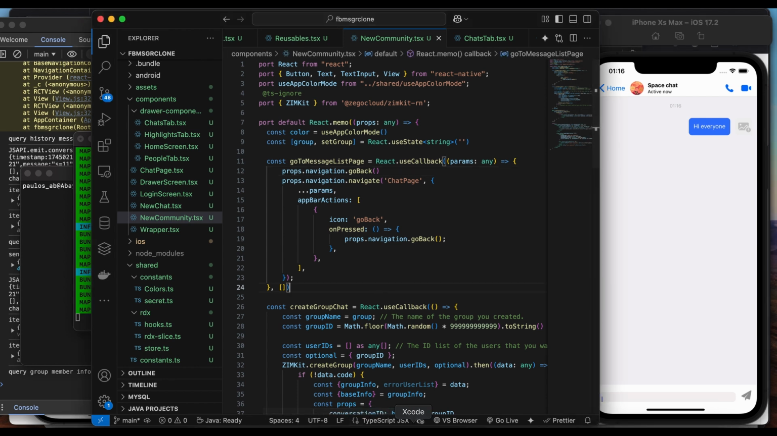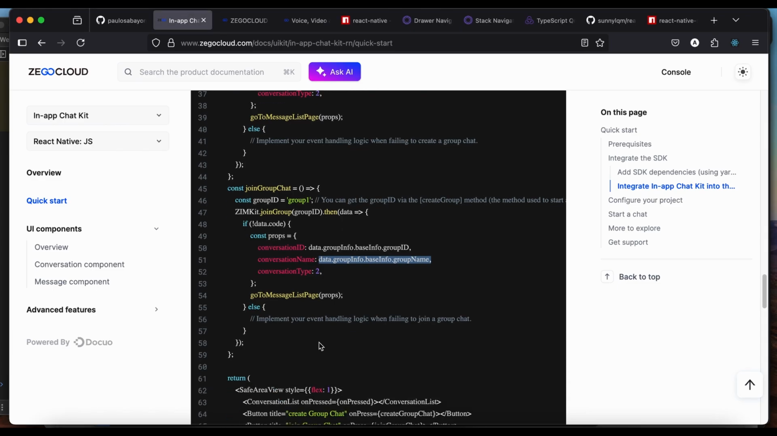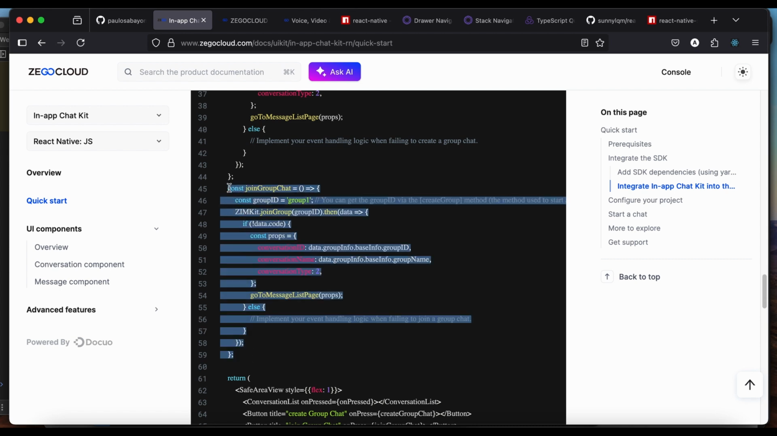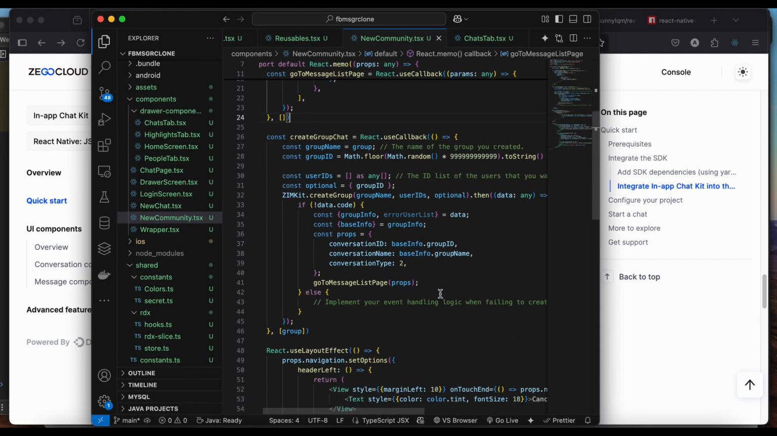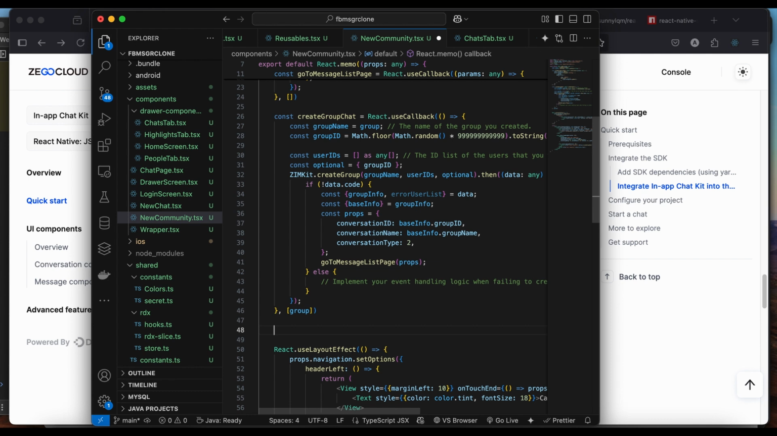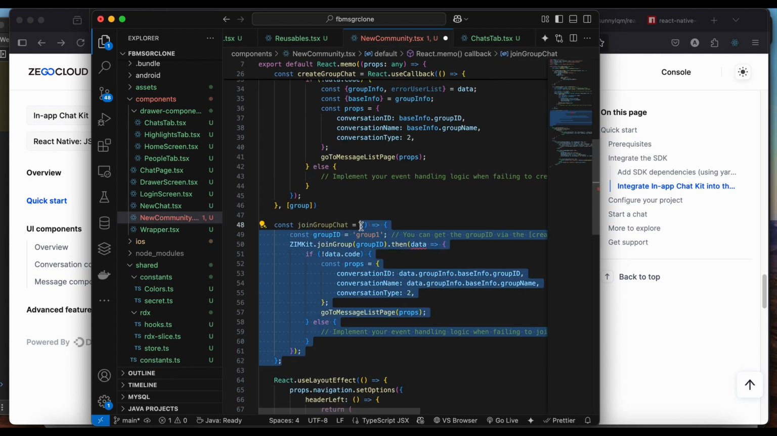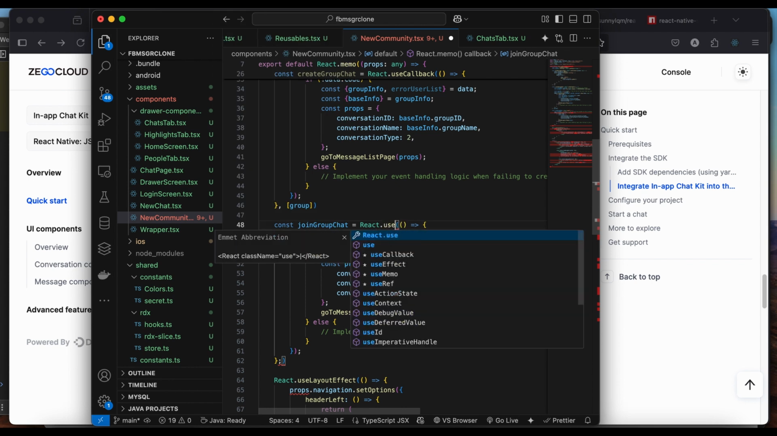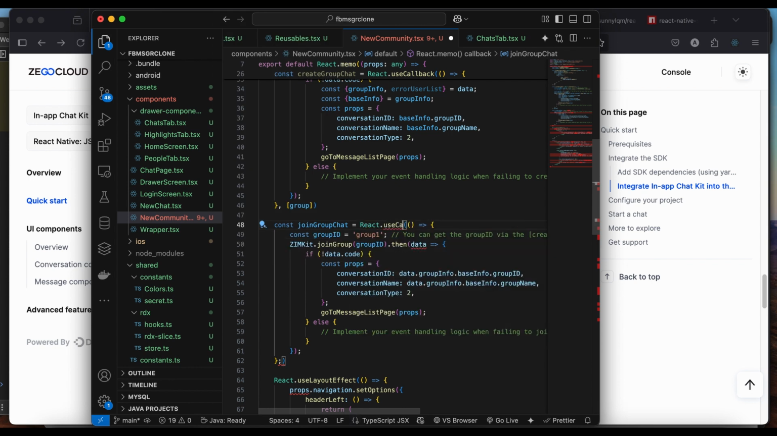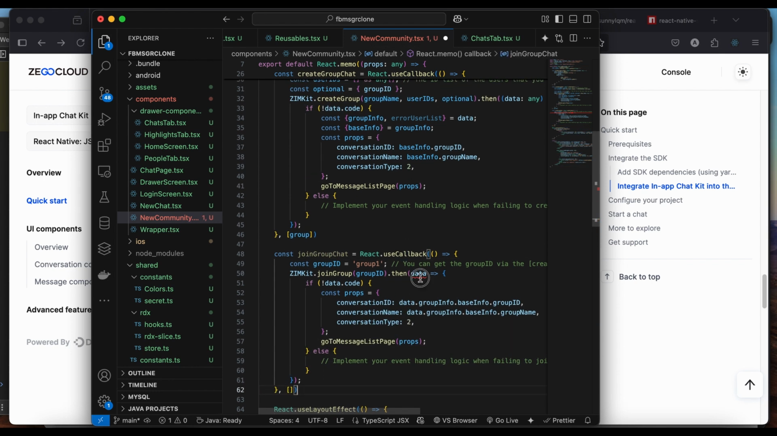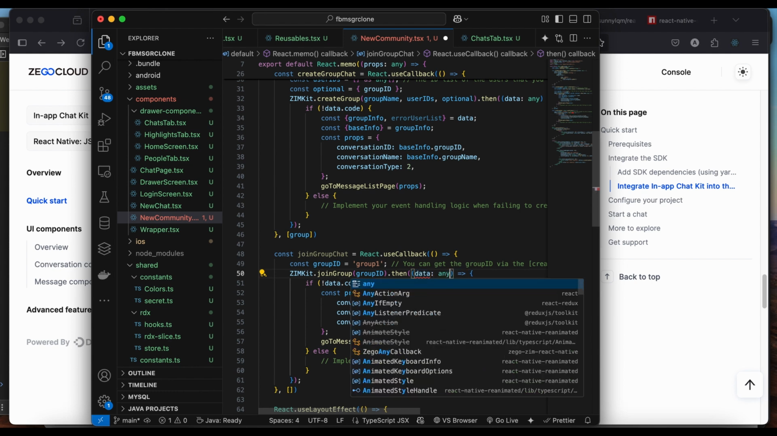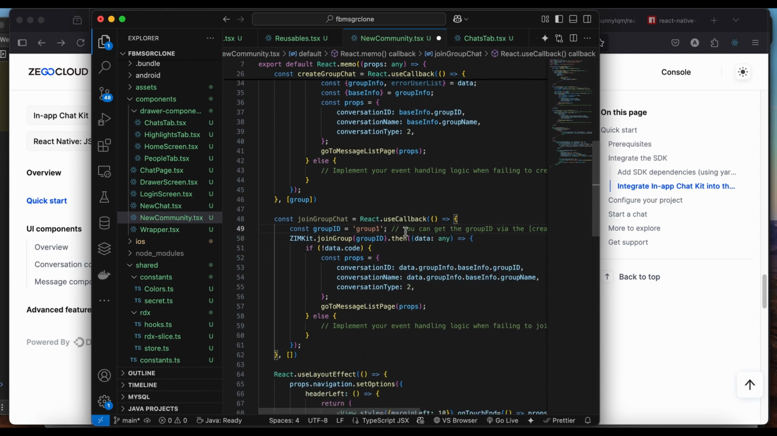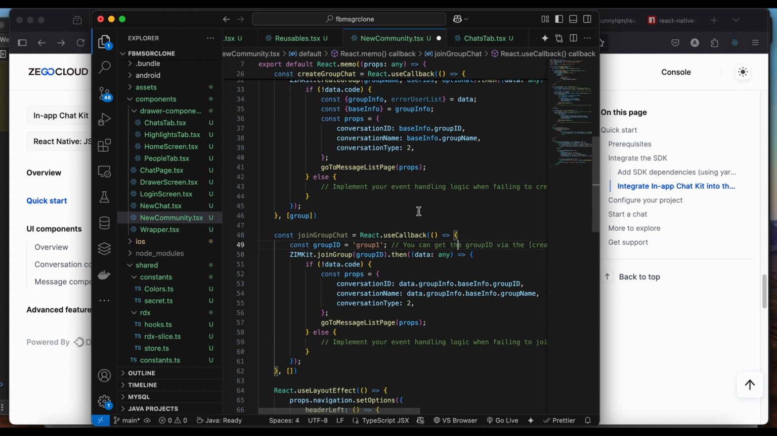Now let's implement the join group. This is the join group. Join group is going to work. React dot... Oh no. Use callback. Use callback. Yeah. And now